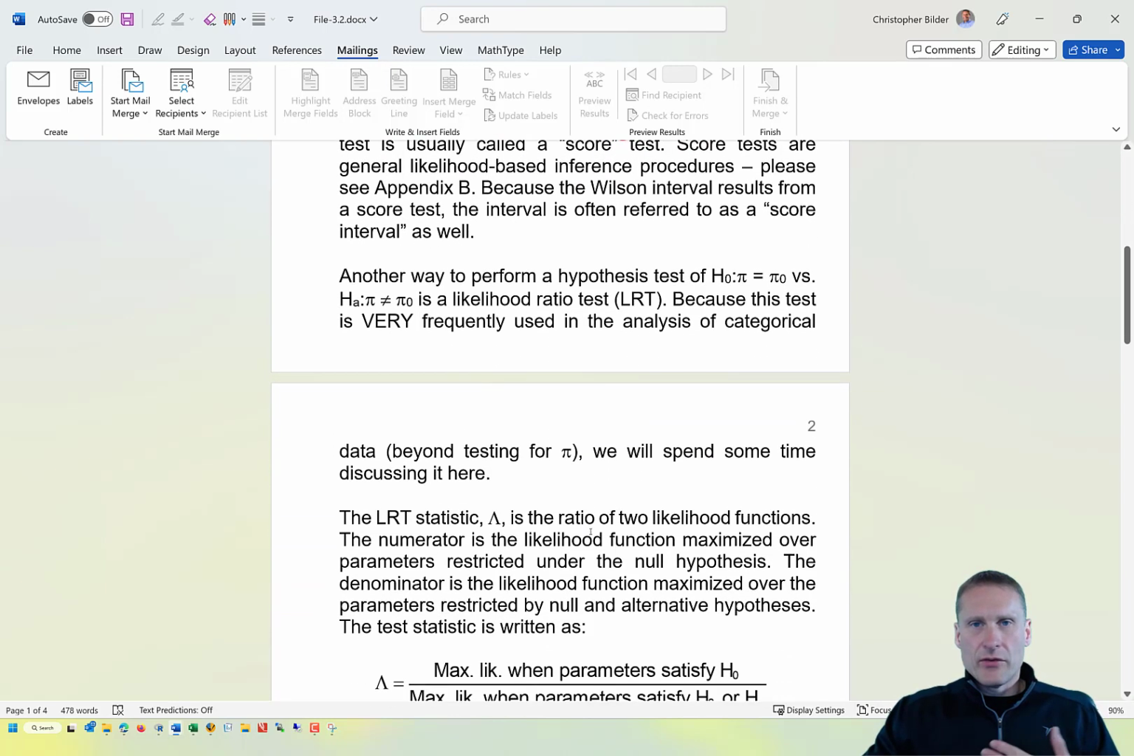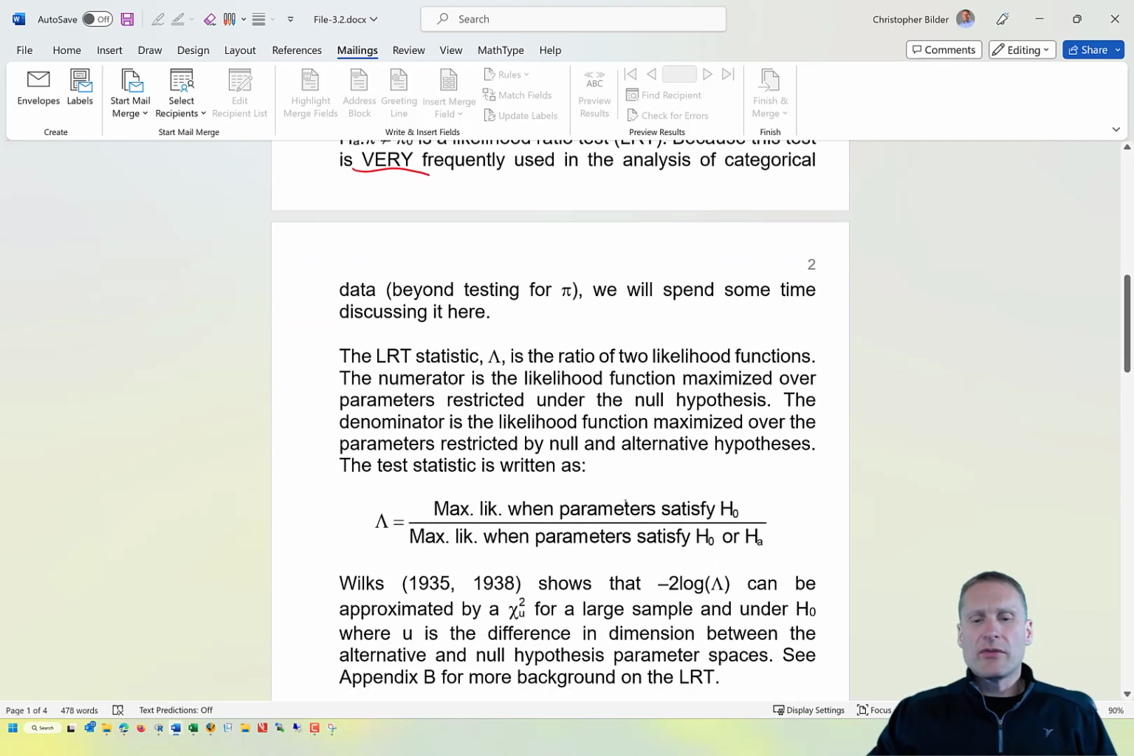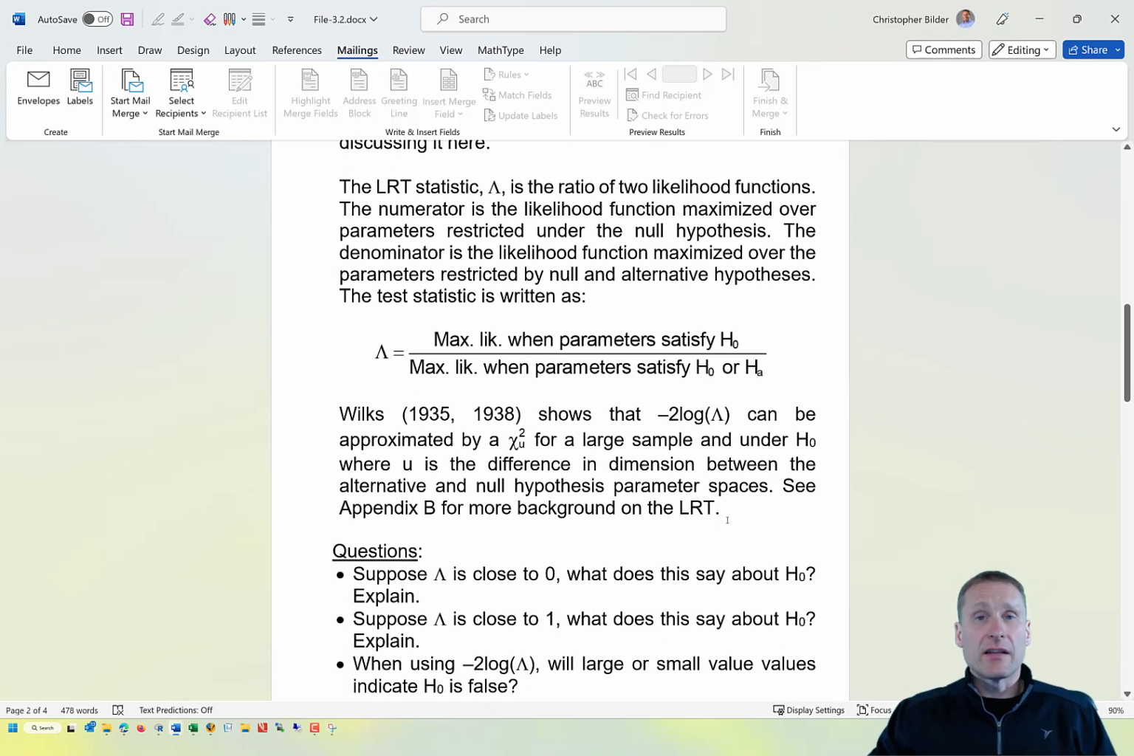Now, another way to do the hypothesis test, which depending upon your background you may not have seen before, is through what's called a likelihood ratio test. The likelihood ratio test is a very general way to do hypothesis testing. We will use that a lot in our particular course, and you will see it a lot outside of this course as well. And so the likelihood ratio test is based upon a likelihood ratio, where we look at a